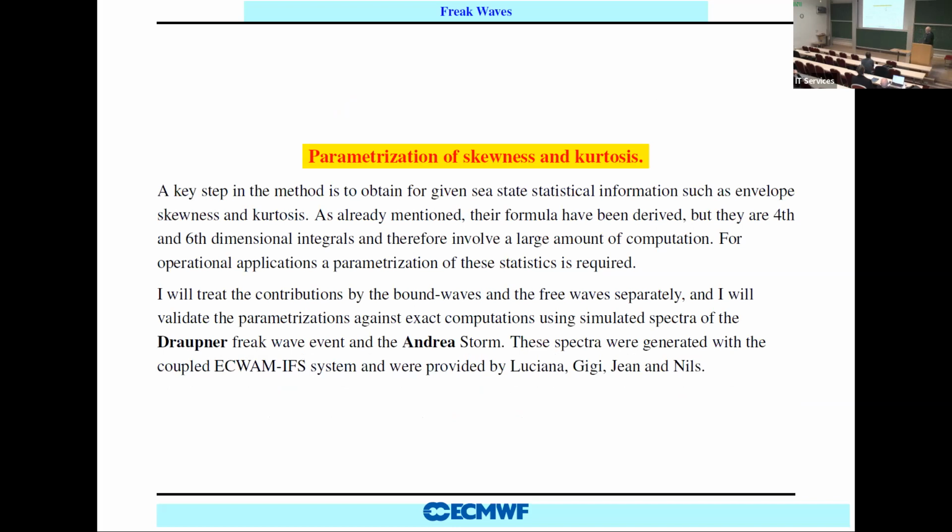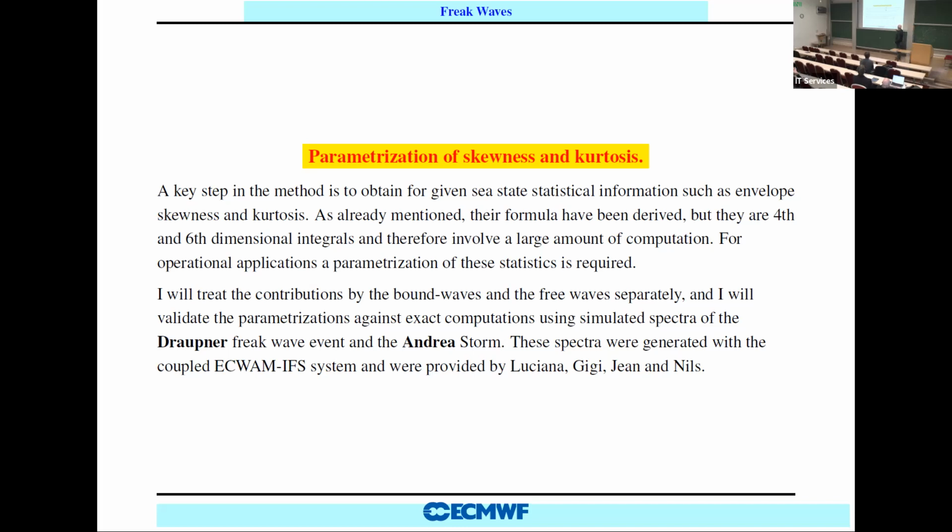Now, is the task just to get some parameterization for the skewness and kurtosis? For a given sea state, you want to have this statistical information on envelope skewness and kurtosis. I will treat the contributions of the bound waves and the free waves separately, and I will validate the parameterizations